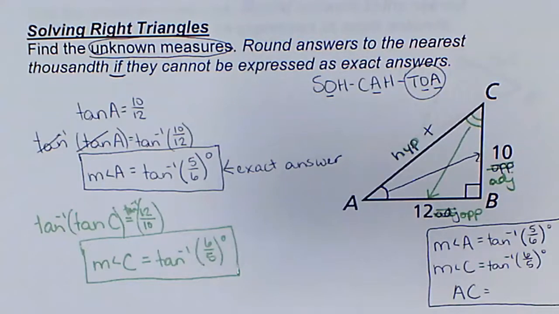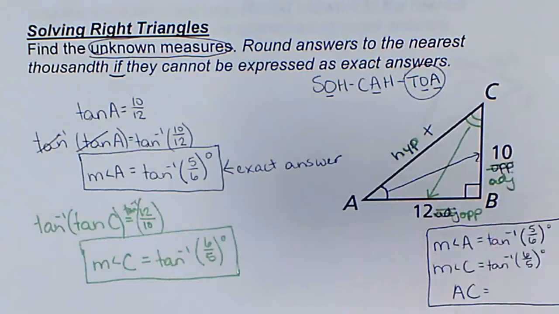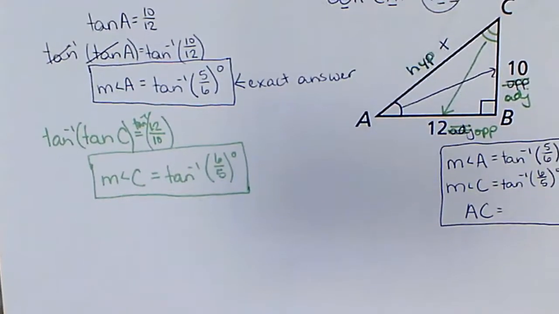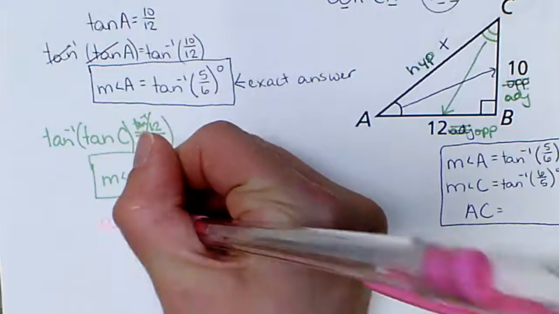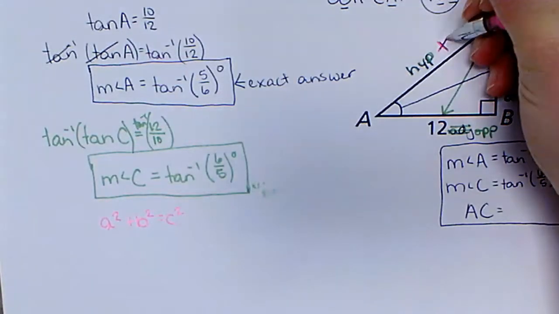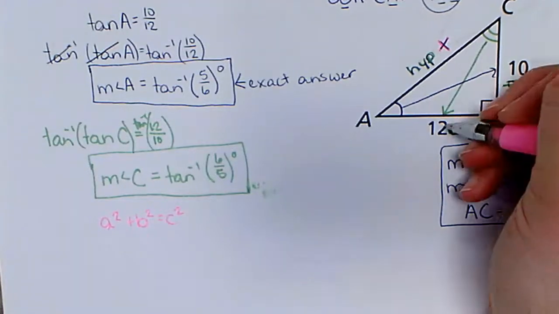So now the last piece of information needed, because I needed to find all of the unknown measures, is the side length AC. So think of a way to allow me to find the missing side length of a right triangle if I know the other two. Right. So perhaps